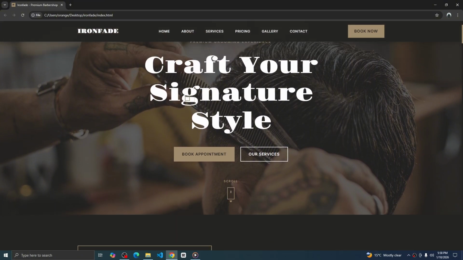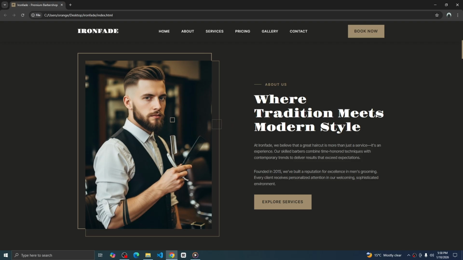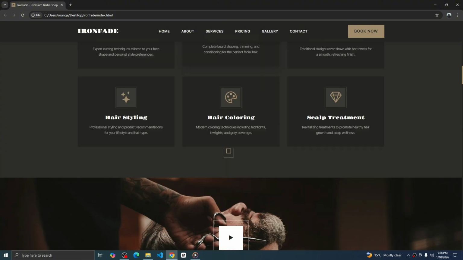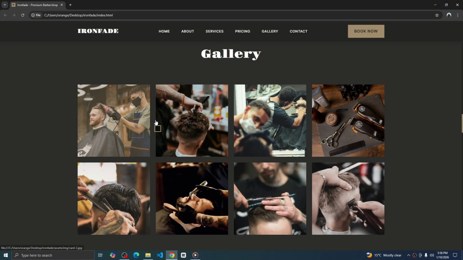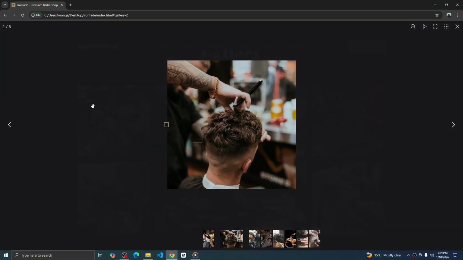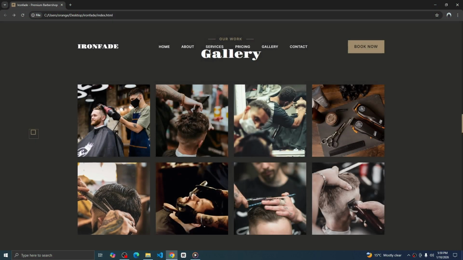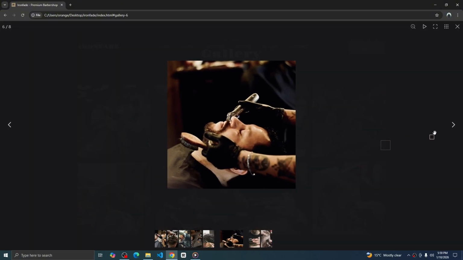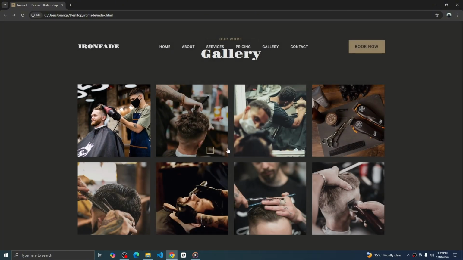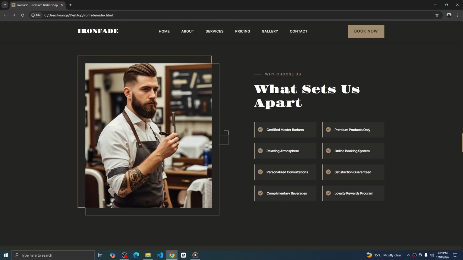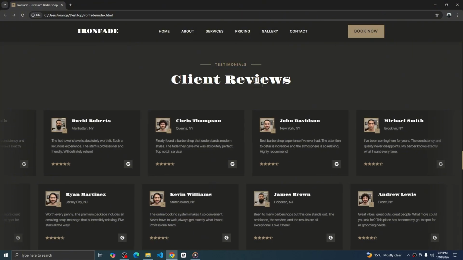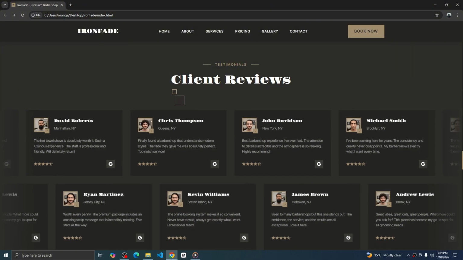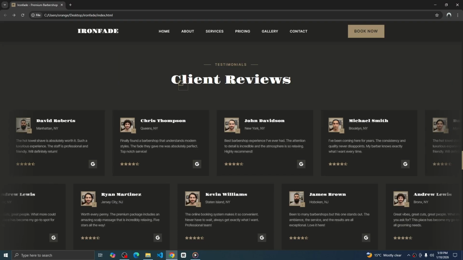Okay, and the hero section, we have then about a section. Okay, then the services section. Okay, CTA video pricing and gallery section. Okay, and we have this slider for the gallery. Okay, looking cool. And then we have feature section, client reviews, and here we have beautiful marquee animations, and